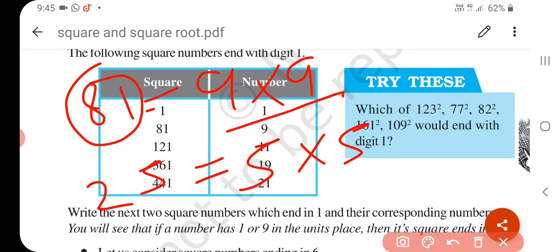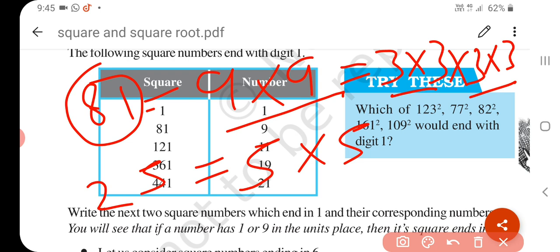It means if you prime factorize that number and you get the factors in pairs, then it is called a perfect square number. You can write 3 into 3 into 3 into 3, that is 2 and 2 pairs. So two pairs of 3 are the prime factors of 81 and no other factor is left, hence 81 is a perfect square number.